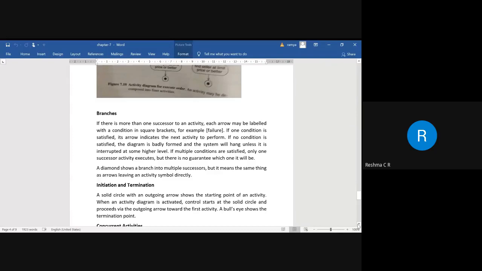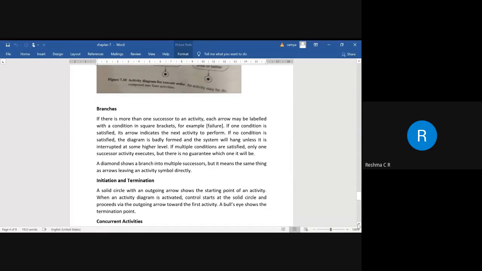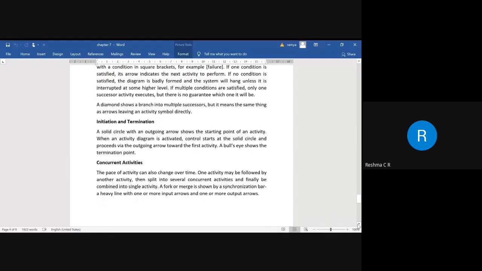So next thing is initiation and termination. Any process that we are going to indicate should have an indication of an initiation and a final state. The initiation is represented with a solid circle, and from the solid circle there should be an outgoing arrow.